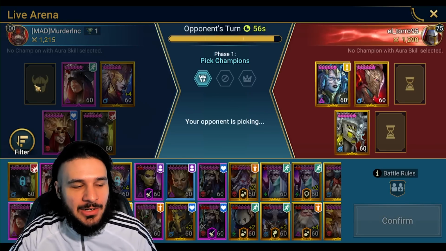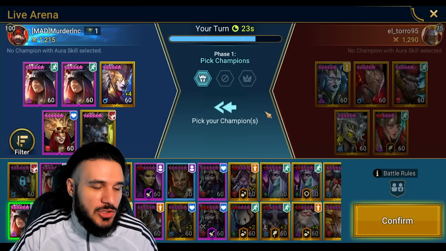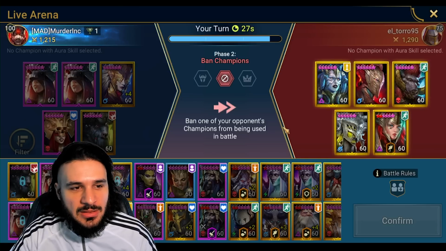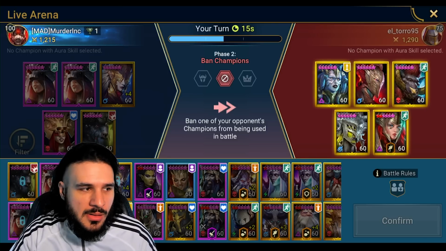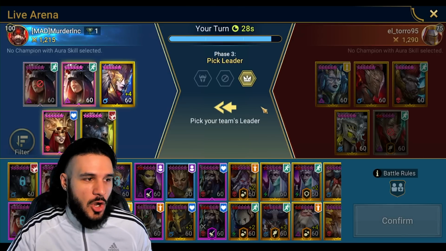Although I wonder if I added an Arbiter, what they would do. It's a good question. What if I added an increased attack champion? Are there increased attack champions that have a strong A1? I gotta focus here. Hold on. Who's going to be annoying? I guess the safest thing to do is Arbiter? I don't know. We're just going to go with...